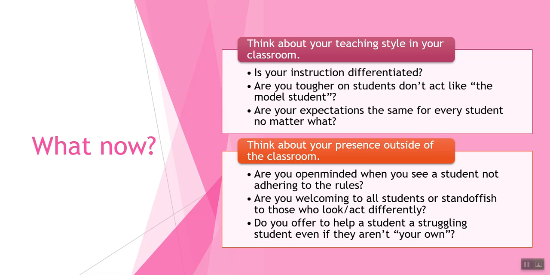Secondly, are you tougher on students that don't act like the model student? I know that is a hard subject to approach, but it does happen. Teachers sometimes tend to lose patience and get a little frustrated with students who aren't able to sit still in their chairs, who don't stay focused on assignments, or maybe fidget with tapping pencils or different things like that during instruction. Dig deeper. Find out if there's an underlying issue that is causing these things with this student, and find different ways to approach them and to keep them interested and invested in the lesson.